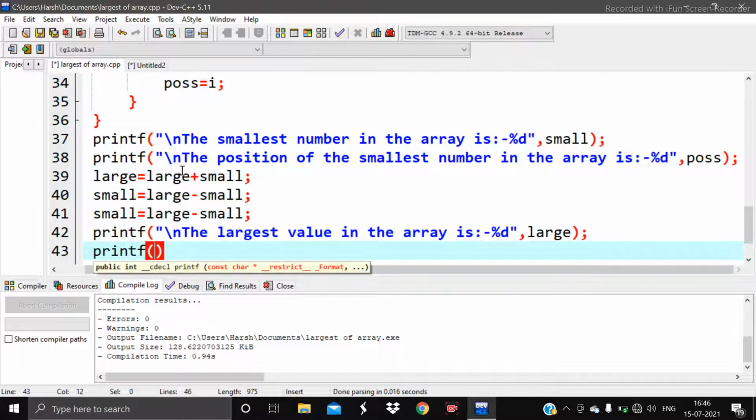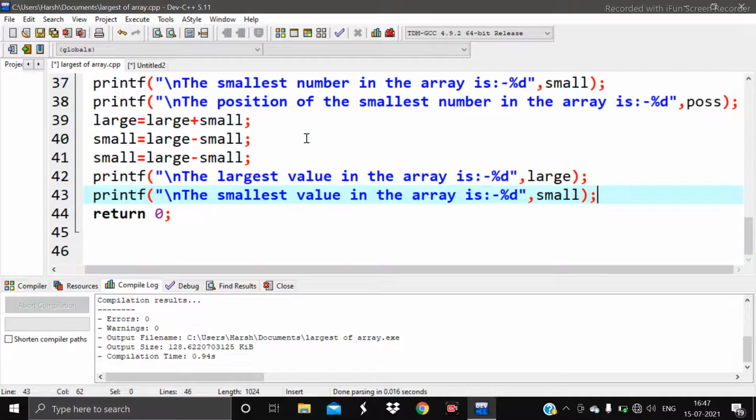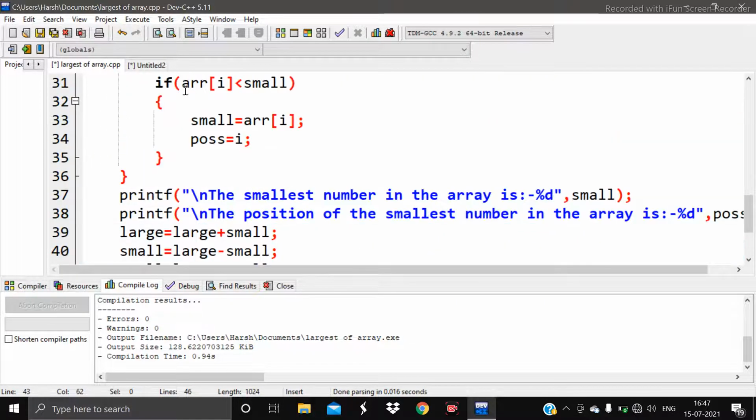And again, printf \n, the smallest value in the array is %d, and that value is the small variable. Now this code is completed, and at last you can go to the execute section.